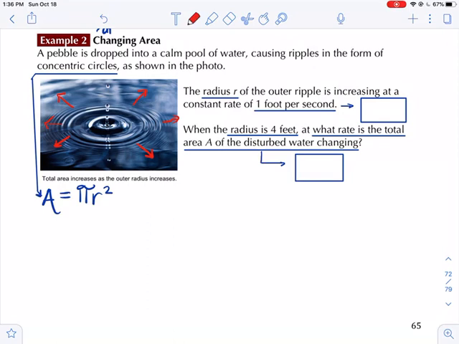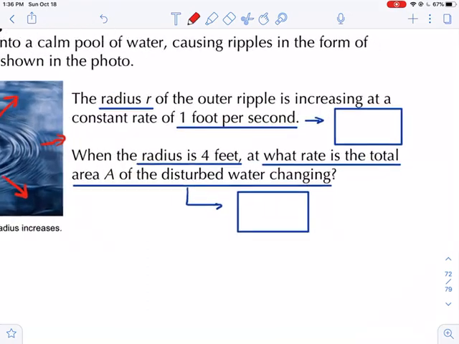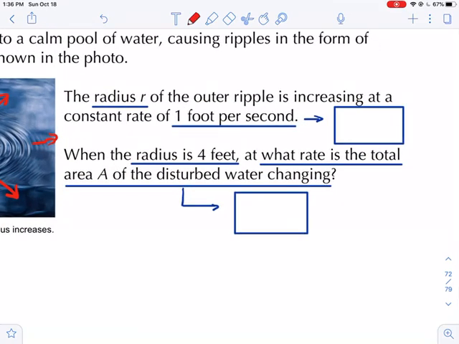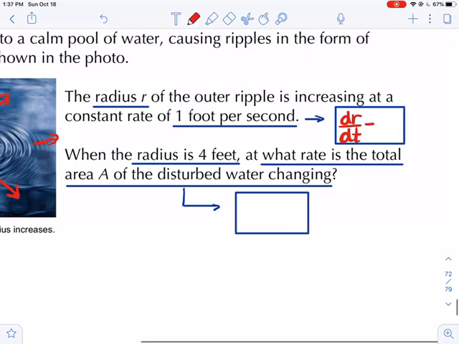Okay. And it's a constant rate of 1 foot per second. So the radius r of the outer ripple is increasing at a constant rate of 1 foot per second. So then automatically I'm thinking, well, the radius is increasing. So the rate of change of the radius would be dr/dt. Think of it as delta r over delta t, but it's a really small delta r over delta t. And this is going to be 1, and I'm going to put the units over here,